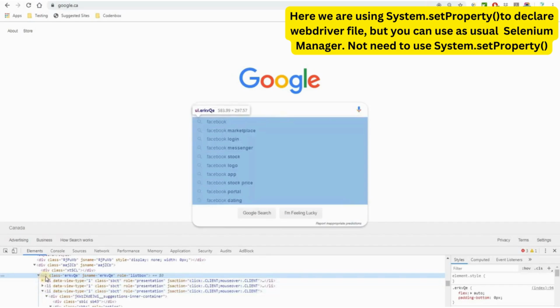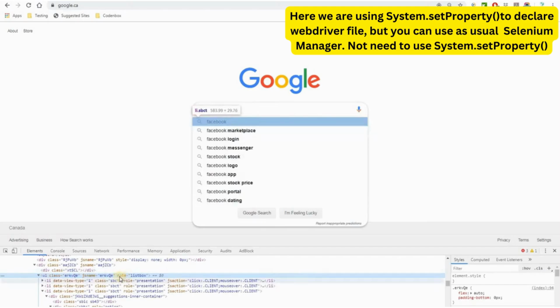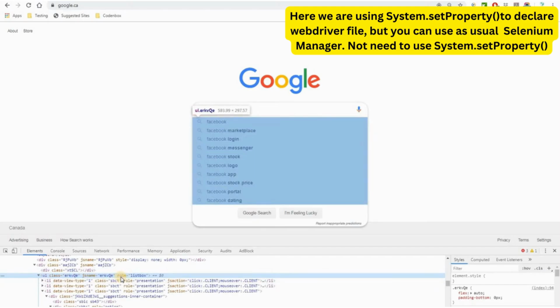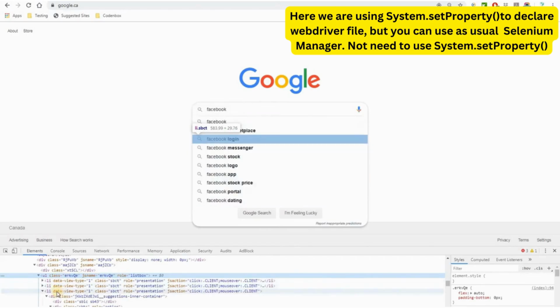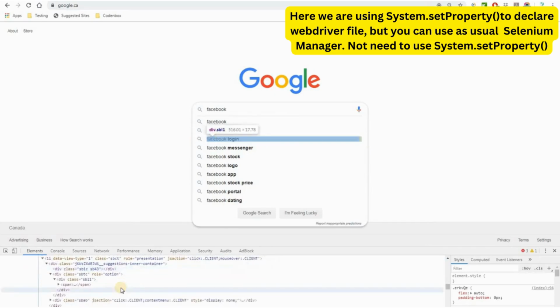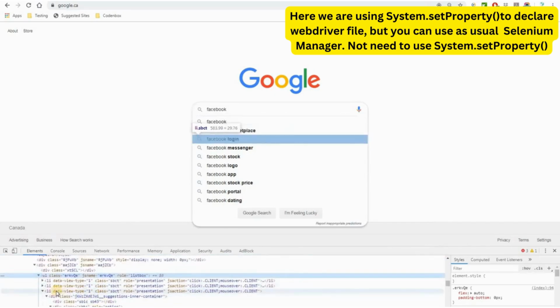So we have to start to traverse from the parent. Okay, so I can use this role attribute to create an XPath for this parent. Then I'll traverse to the appropriate child, which is this li. It reflects the Facebook, and then from here you can see it has